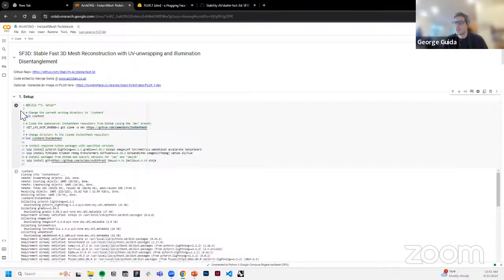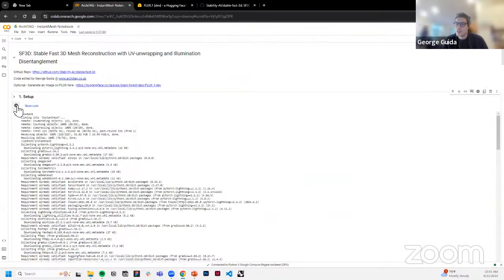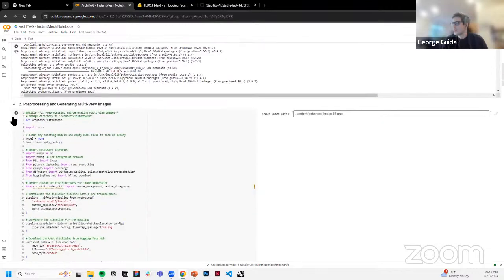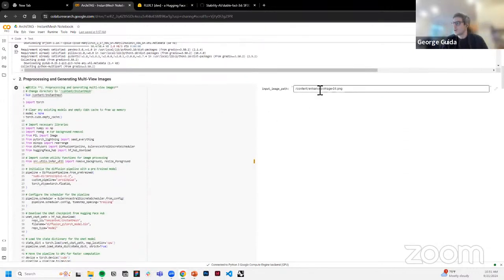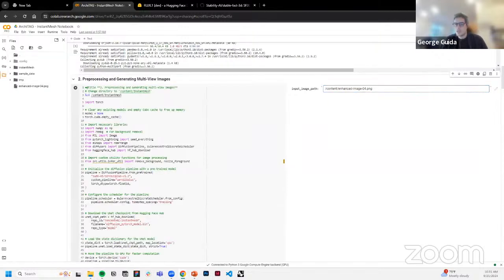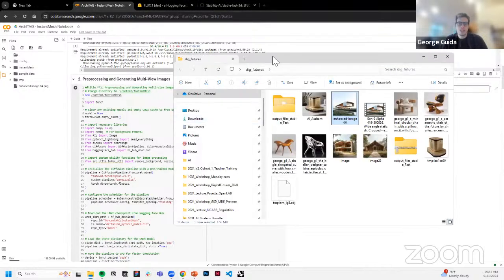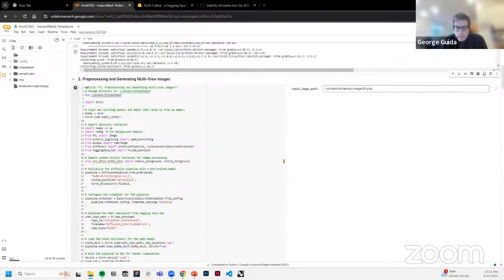So we're first running the first setup. All you have to do here is click that play button, and that runs the cell. Then what we're doing here is uploading our image into it. To upload an image, for example, I have images here. If I have that image, let me see if I can pull it up. I can just drag it here, and you can skip that warning. It is in the wrong format, so it would have to be a screenshot in this case, or downloaded as a JPEG or as a PNG.